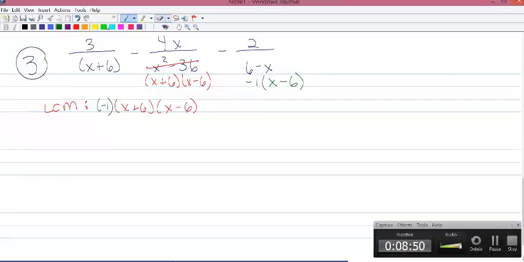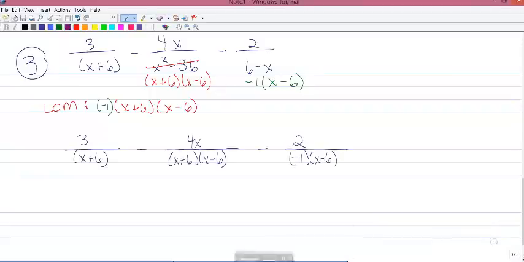So from here, we're going to go ahead and rewrite it. Now, I didn't change anything, you guys, from the original. So I copied everything down. The only thing different that I did was I wrote it in a way that used our new factored out denominators, okay? So now let's go through with each term and look to see what we need to add to